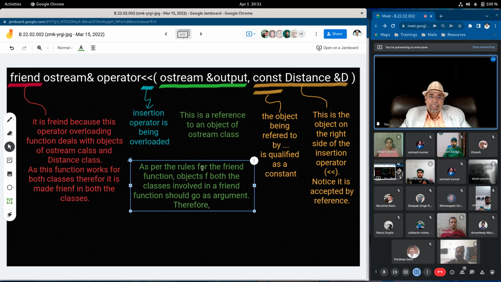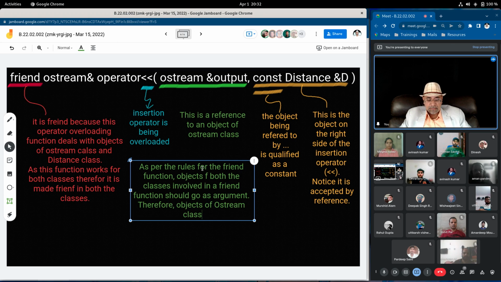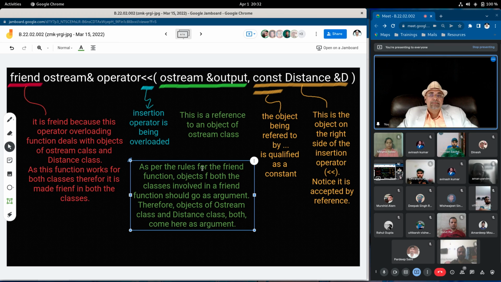Therefore, objects of OStream class and distance class both come here as arguments.